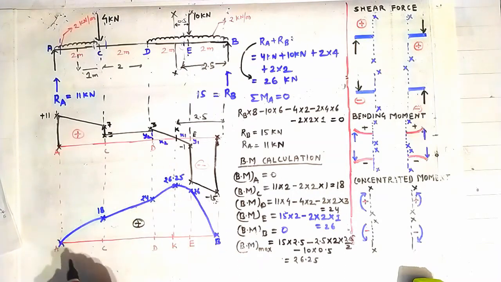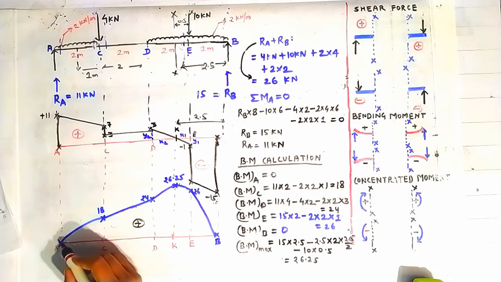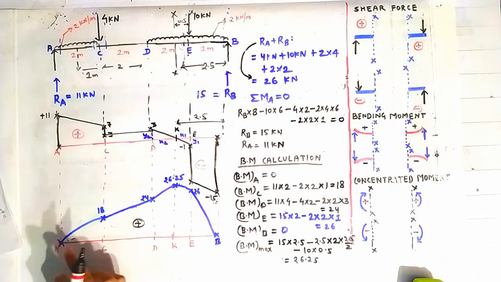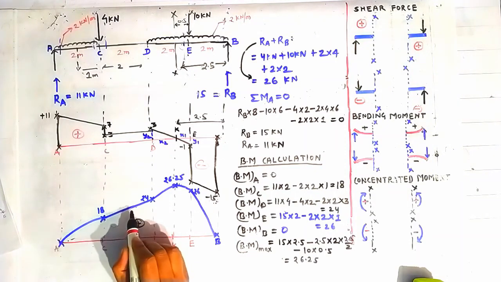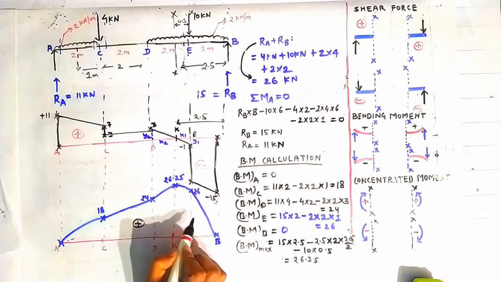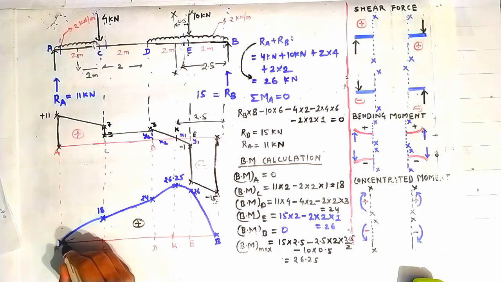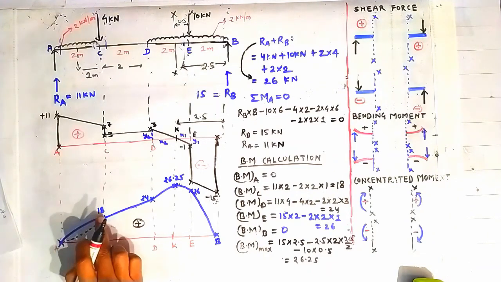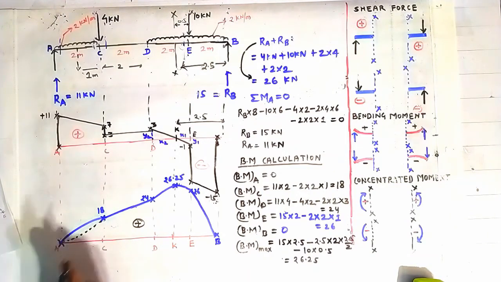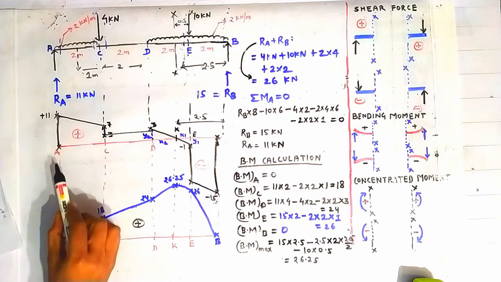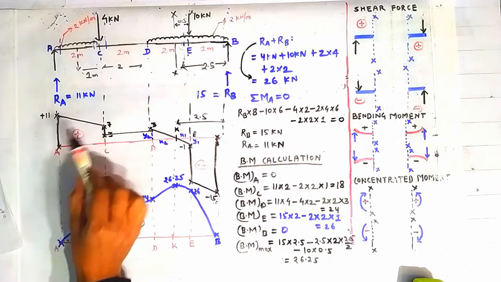Also friends, the shape of this parabola can go like this also. I am explaining only for these 2 points, and you can conclude this for all the parabolas drawn. Suppose this parabola can go like this also, but it is taken like this, with concavity upward. I will tell you why it is taken. Because between the points A and C, the shear force is decreasing, and we